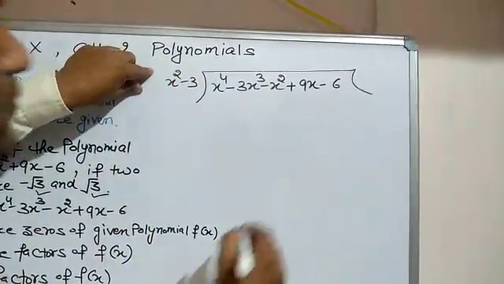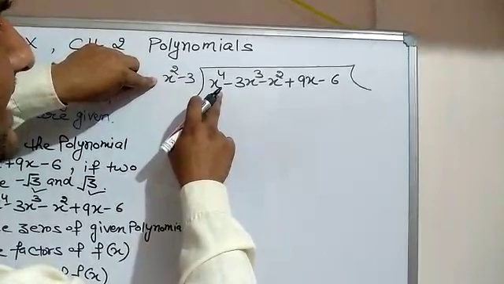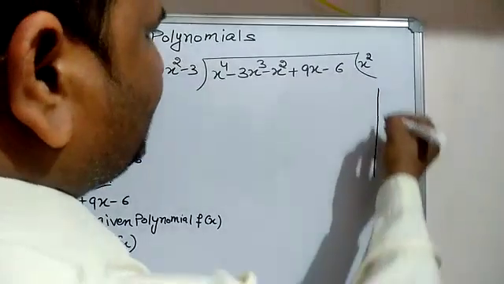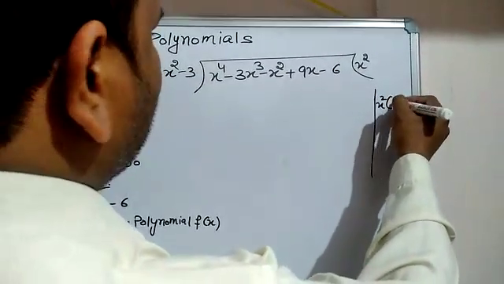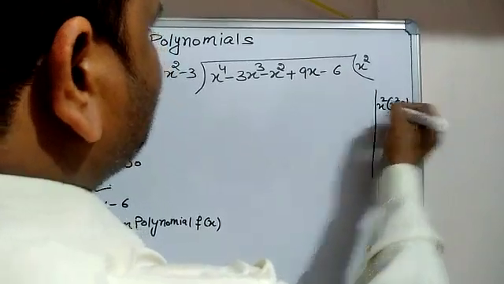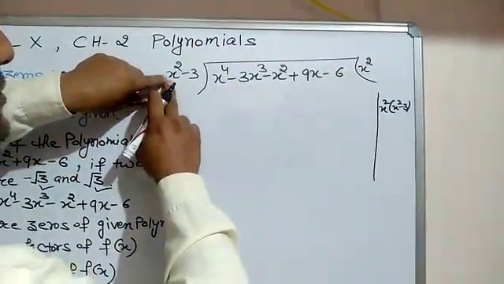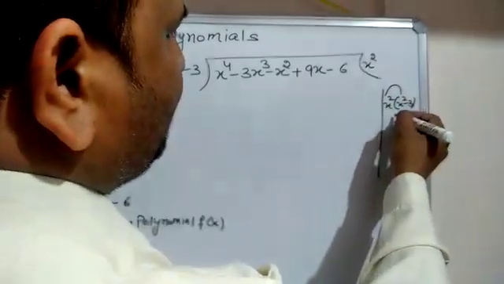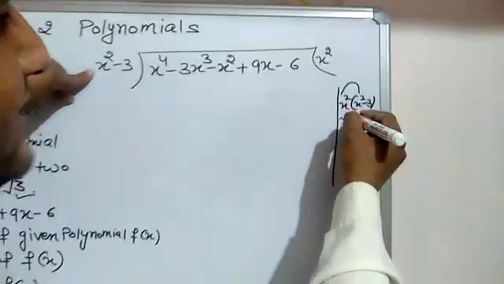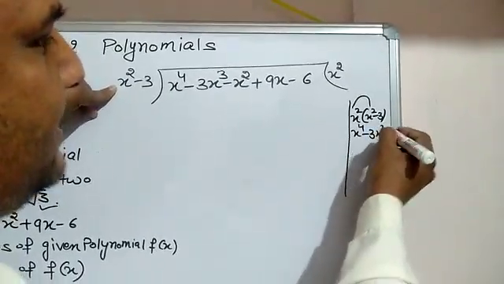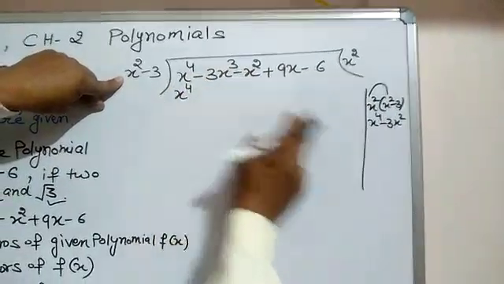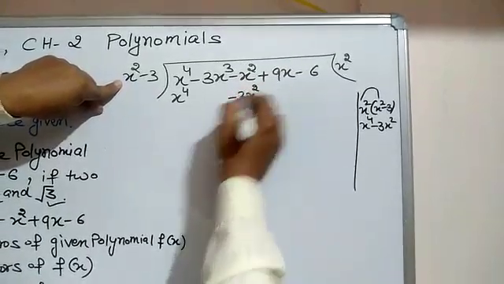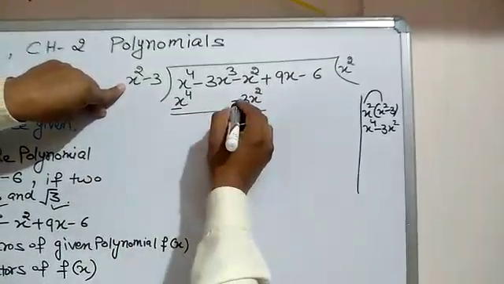So see, students, how we can solve: x square, and here is x to the power 4. If we multiply by x square, see, this is your rough side. So x square multiplied by x square minus 3, because if we multiply a number by this, by the condition we have to multiply by minus 3 as well. On multiplying, we are left with x to the power 4 minus 3x square. So here I am writing x to the power 4, and below square, I write square only below square. So here is 3x square. This is plus, convert minus, minus becomes plus.